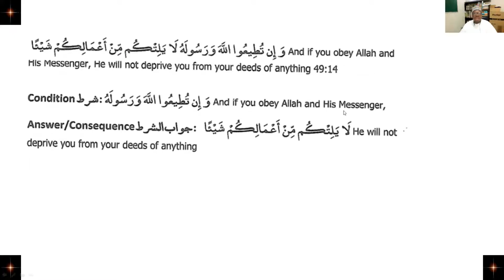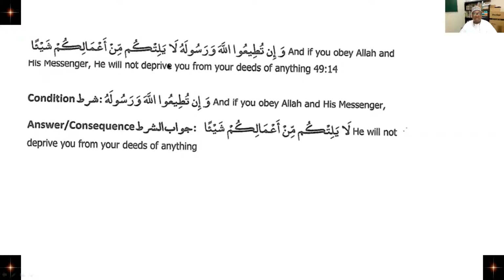Okay. Another one here, this says wa in tuti'u Allah wa rasulahu la yalitkum min a'malihim shay'a. So you see, it's a long ayah, but the moment I see in, so that there is a condition. In Hausa, they say in kai kada ab kada defa. So the in is actually from here, from the Arabic word in. Okay. So the fi'l mudari'. So whenever you see in, ask yourself, where are the two fi'l mudari'as? Then this is it. Tuti'u is one, and then